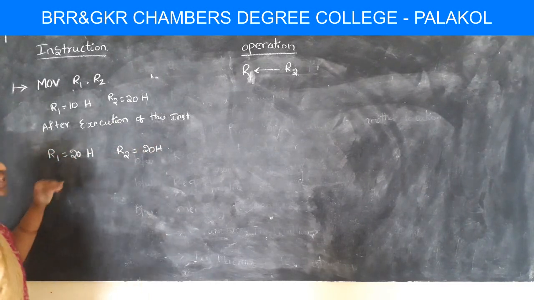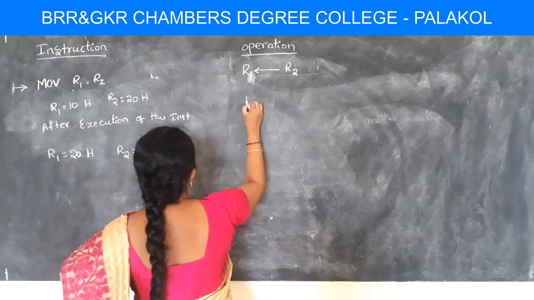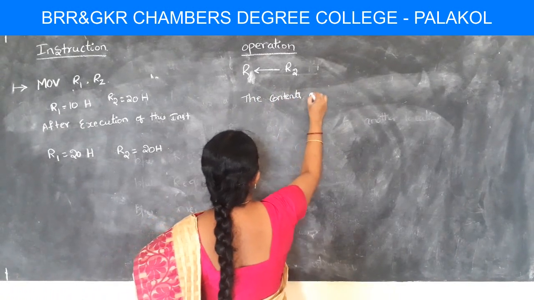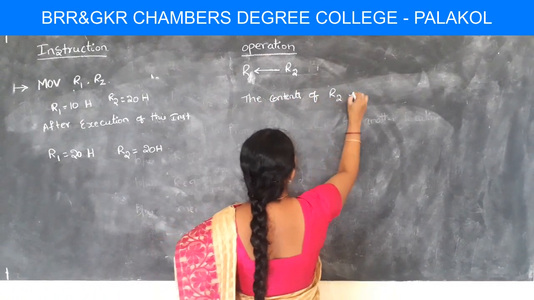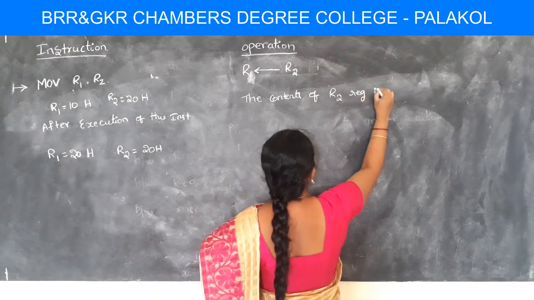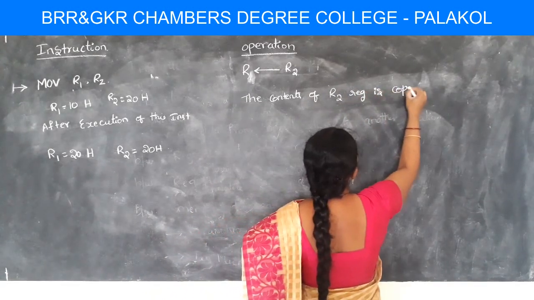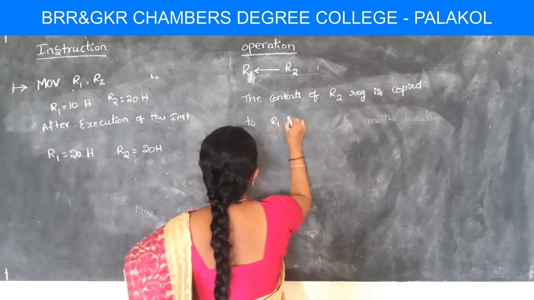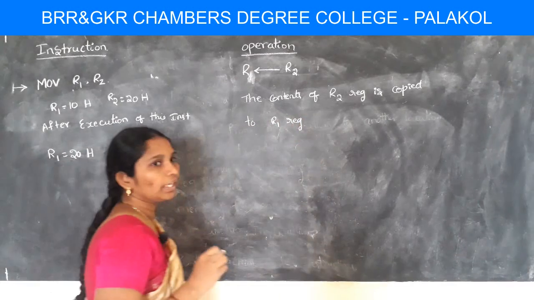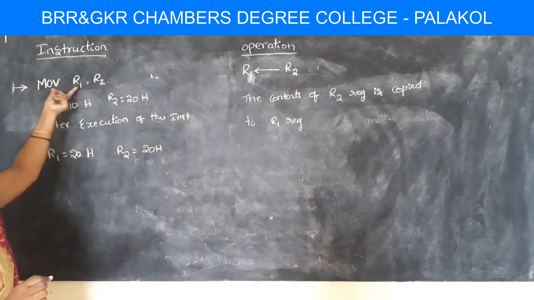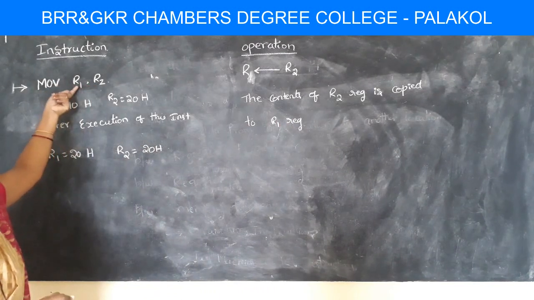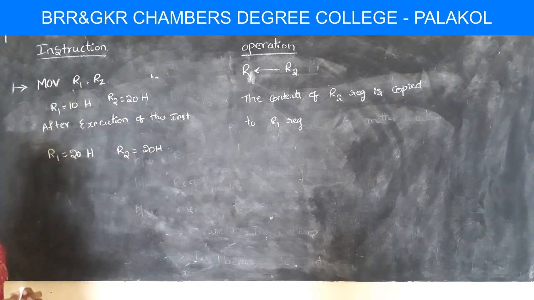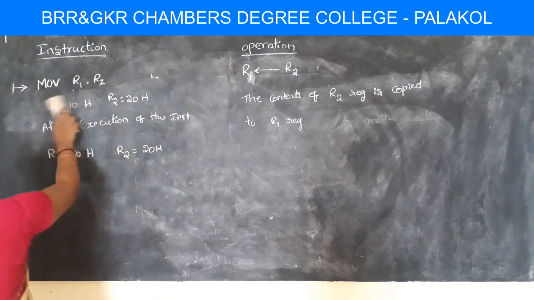So what is the operation going on? So the contents of R2 register is copied to R1 register. Okay. So this is the meaning of this instruction. So this is between register to register transfer of data. Okay. And next the another instruction is